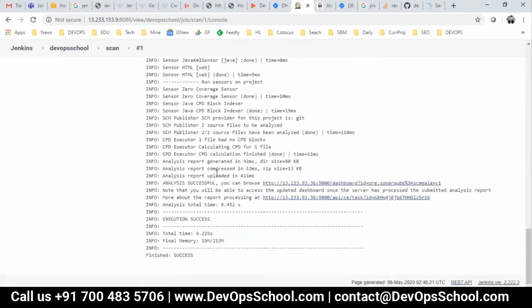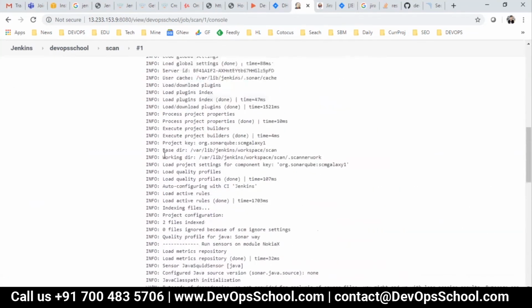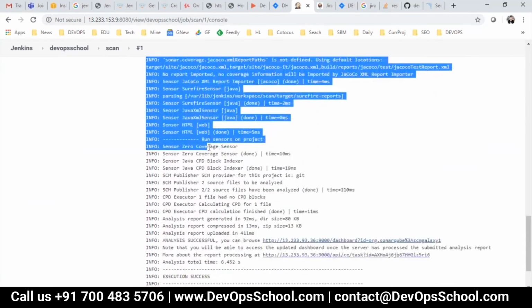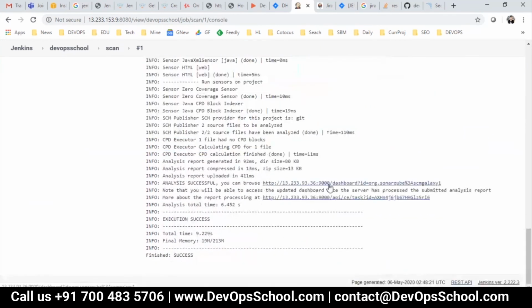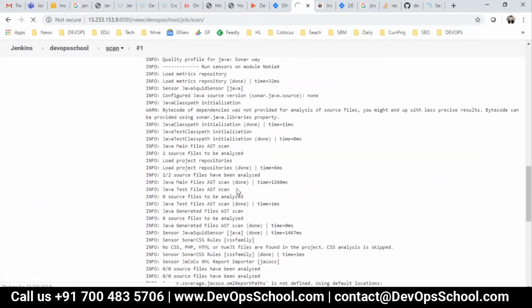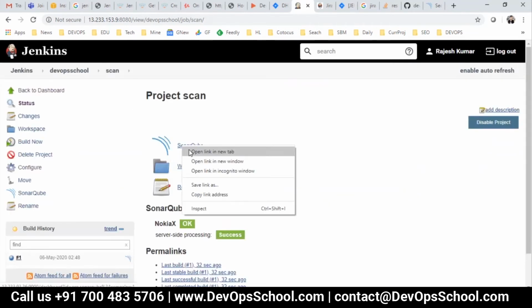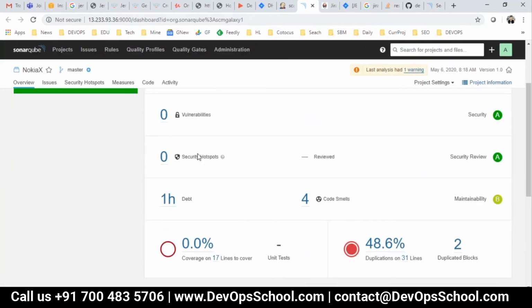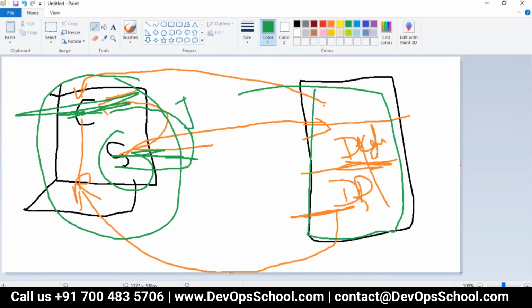Always get into the habit of checking the console output, and you see everything. See, the scanning has started here, and it has posted also. So can I go to the job? Now can I click on this? And you see here, now in the code, what I had in this source code,